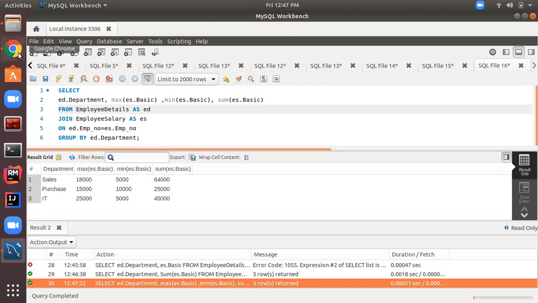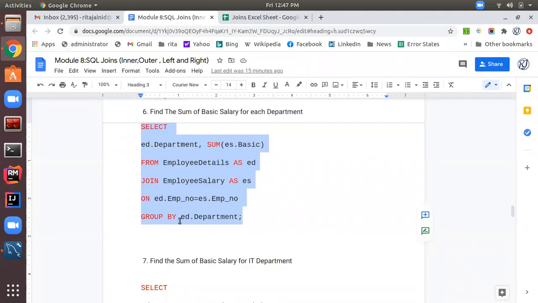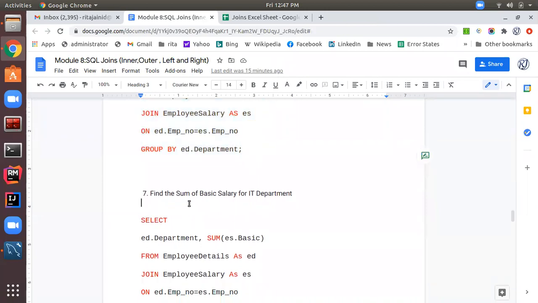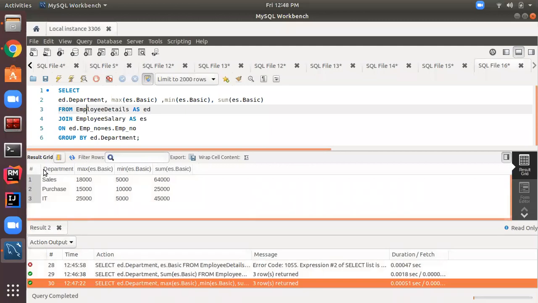So basically the group by function is used to display the report in a summarized way. Okay, let's do another example. This time let's suppose we want the sum of the basic salary for the IT department. As you can see here, I am getting the result for all the departments.